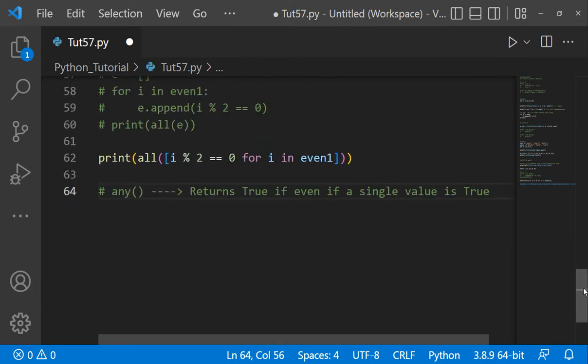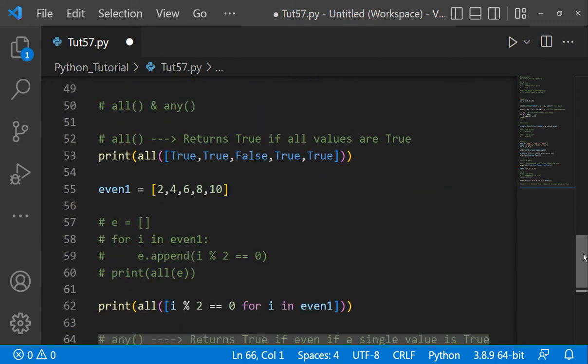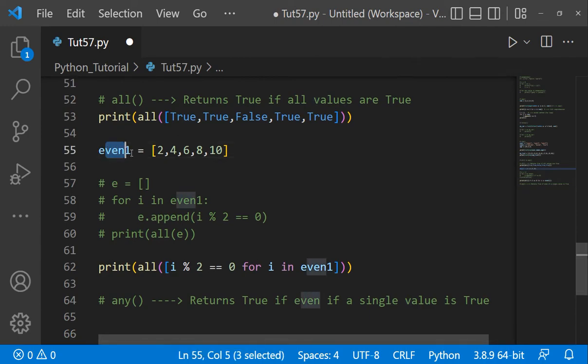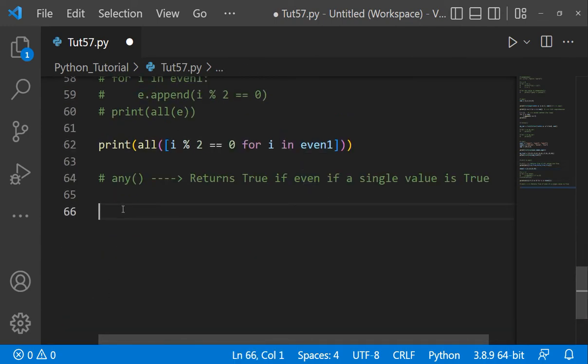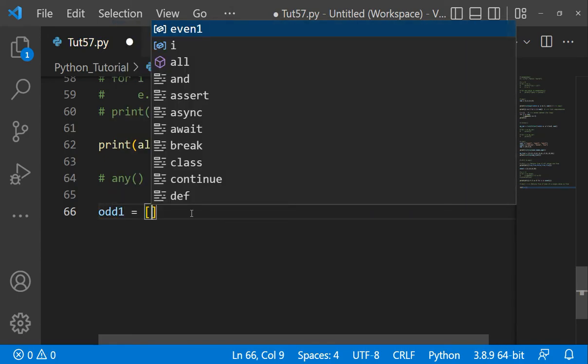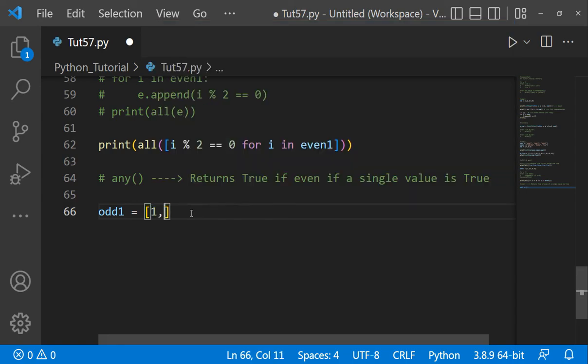Okay. Now, let's make another one. So now let's make a list odd 1. Here, let's write 1, 2, 4, 6, 8, and 10. And in between, let's add